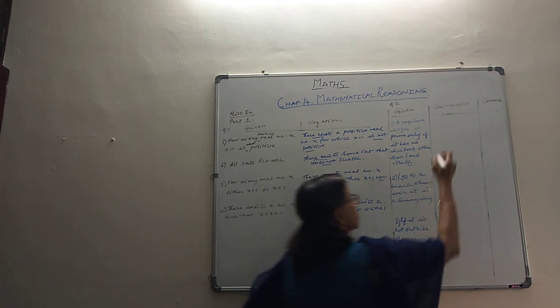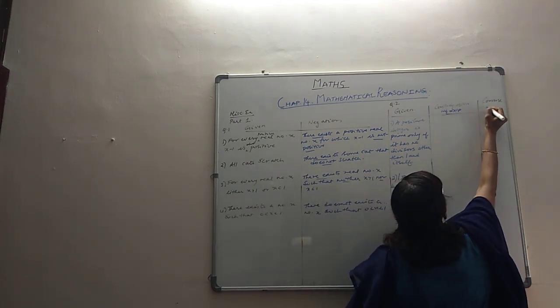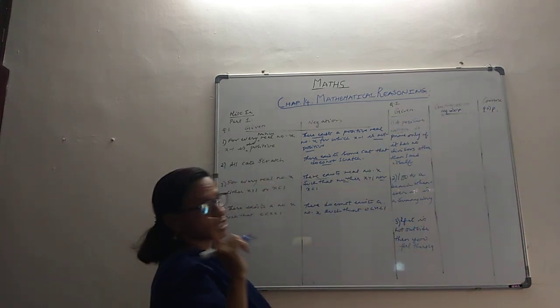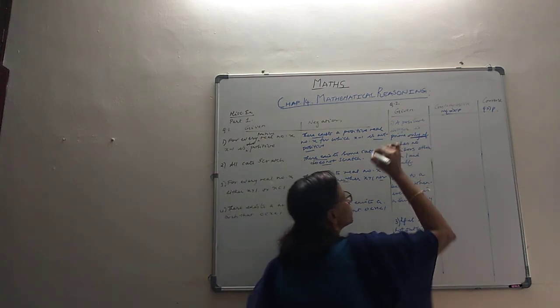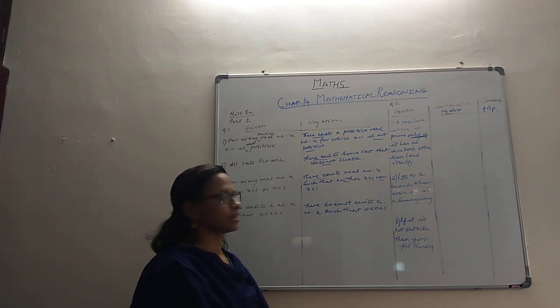We all know that contrapositive is negative Q implies negative P. And we know that converse is Q implies P. So we are going to go by that logic. First one: a positive integer is prime only if. Look at the words only if. It is the same as implies, it is the same as if then, right?